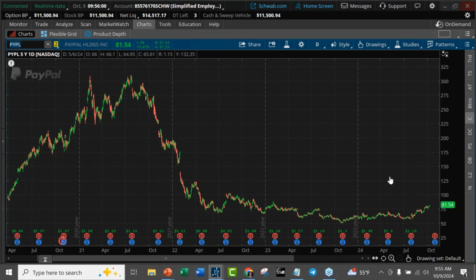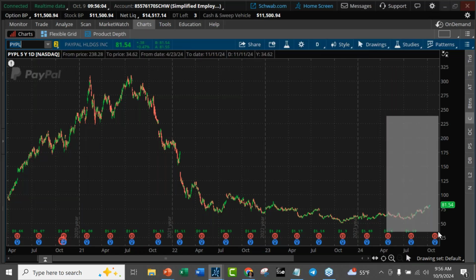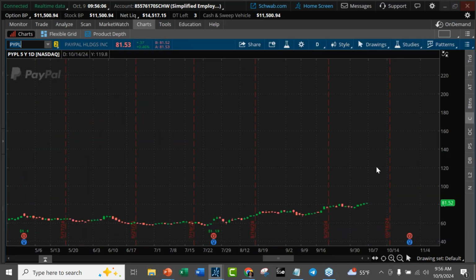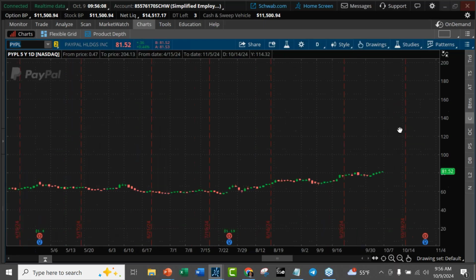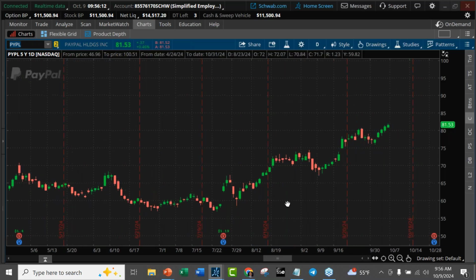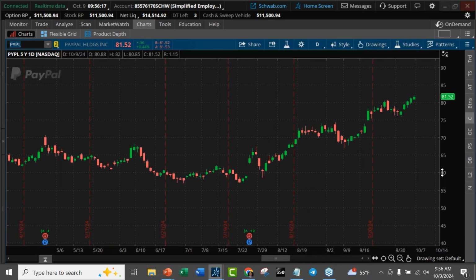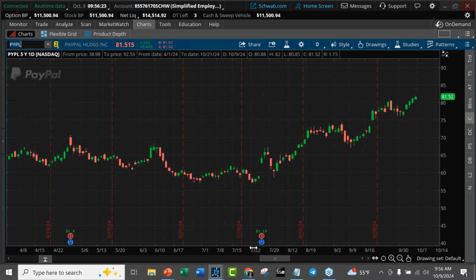But I do zoom in then and go, okay, let's interpret the current price action and see if there would be some kind of trade. Everybody's got their own trade setups and what they're looking for and what makes sense to them. That makes sense, right? But what I do want to show here on PayPal is that for quite a bit of time here,